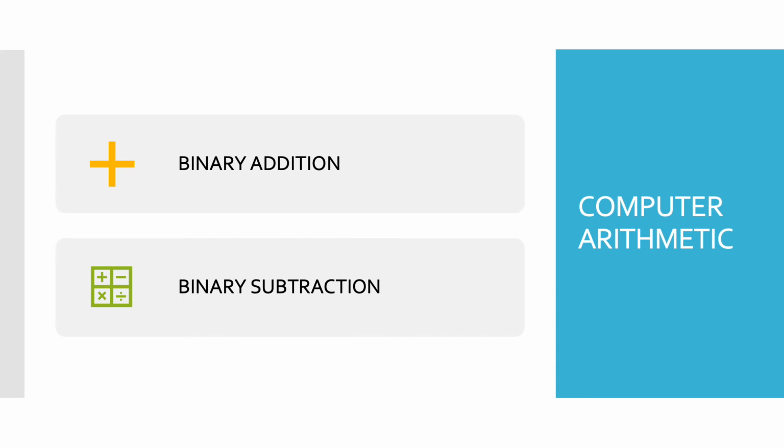We all can see a new term, computer arithmetic, here. But what does it mean? We all know arithmetic in mathematics means doing some mathematical calculations. But what is computer arithmetic? Basically, computer also needs some kind of mathematical calculations to manipulate its data. As computer works on digits, so it needs those arithmetic calculations to manipulate its data. There are two kinds of arithmetic operations, binary addition and binary subtraction, that we are going to see in detail.